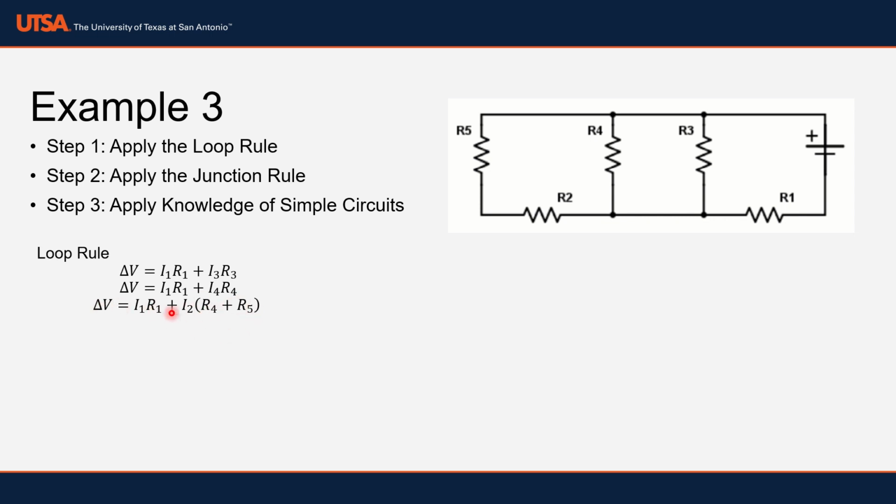But this is the last equation that you can come up with. So once you do that, that's how you do the loop rule. Now again, I personally always, unless it's really inconvenient, but usually it is more convenient, like to choose the middle loop. So I'm going to choose the middle loop again, and the other two equations I'm just going to toss out